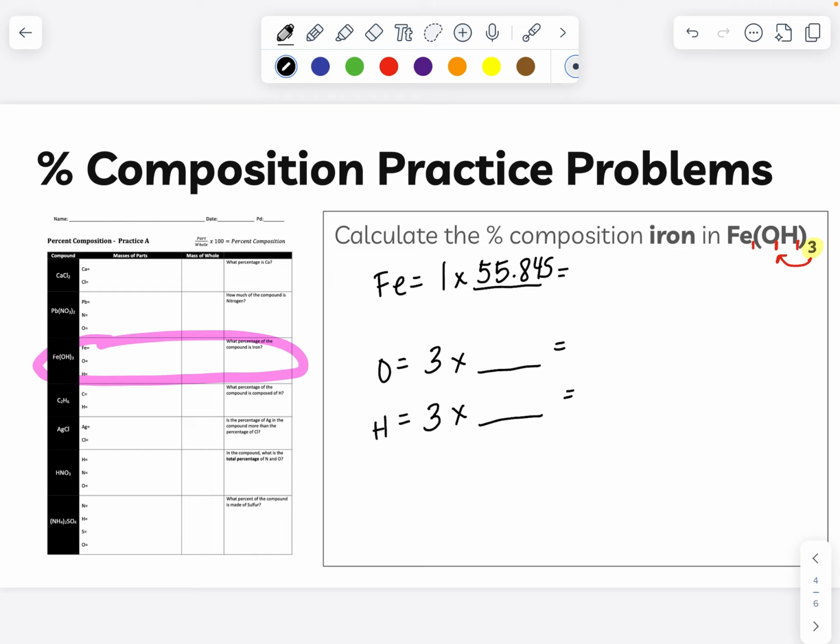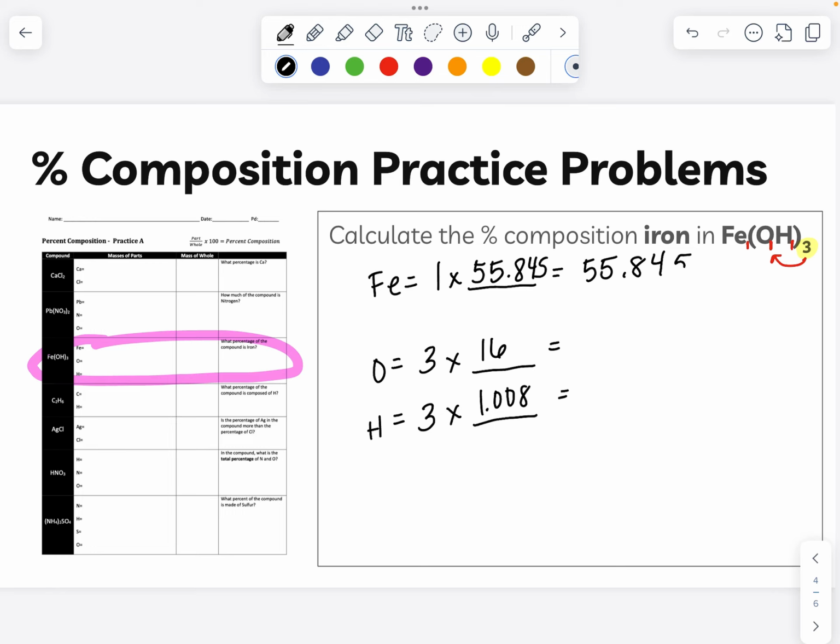And then my oxygens, I'm just going to go ahead and round to 16 to make my life easier. And then for hydrogens, it's 1.008. So when I am doing my first step, I have to remember to add in the total number that I have. So for iron, since I just had 1 of them, that number doesn't change. But for oxygen, now that I have 3 that each weigh 16, that's a total of 48. And then for my hydrogen, since I have, again, 3 that each weigh 1, my total mass for hydrogen is